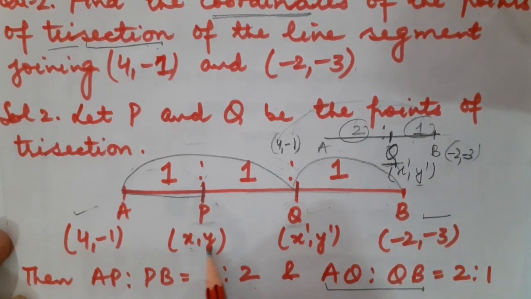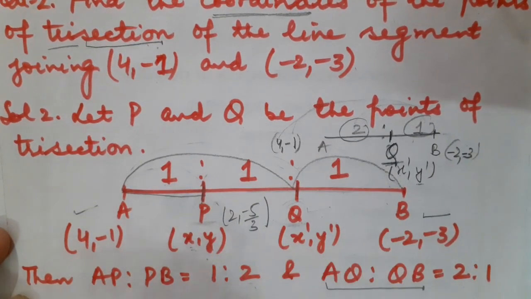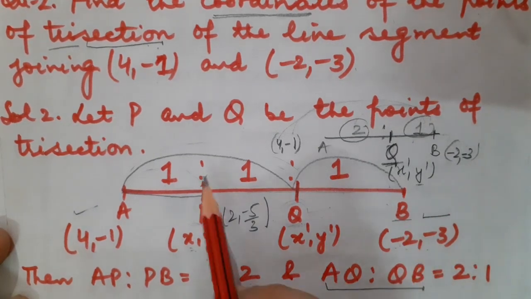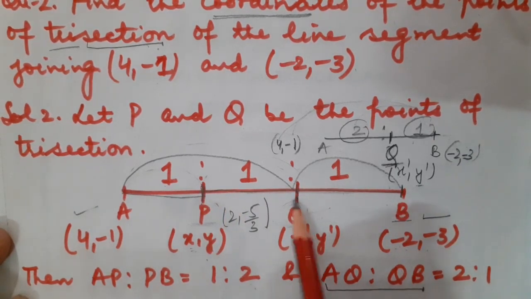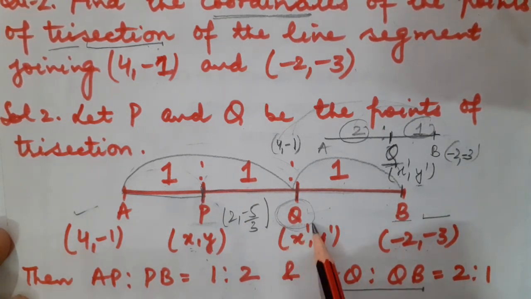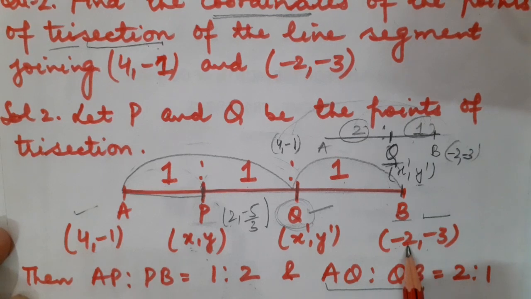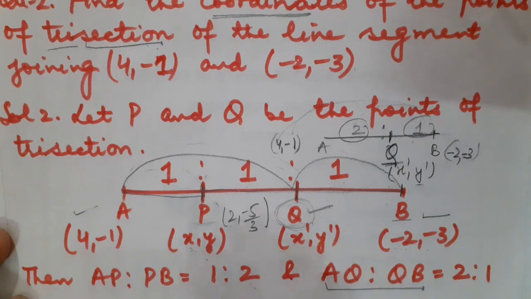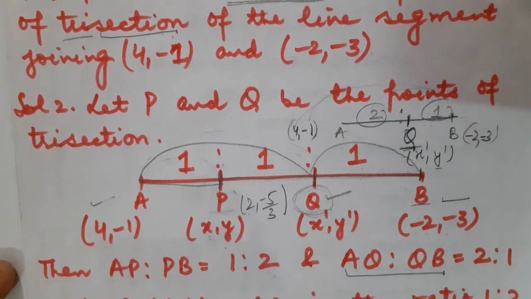We have just calculated the coordinates of the point P, which are (2, -5/3). Okay. And the coordinates of point B, I know they are (-2, -3). Children, just observe this part of the line segment, that is PB. So this Q is basically going to divide the complete PB in the ratio 1:1. So can I call it a midpoint? Yes, of course. So how to calculate the coordinates of the midpoint? (x1 plus x2) divided by 2, (y1 plus y2) divided by 2.